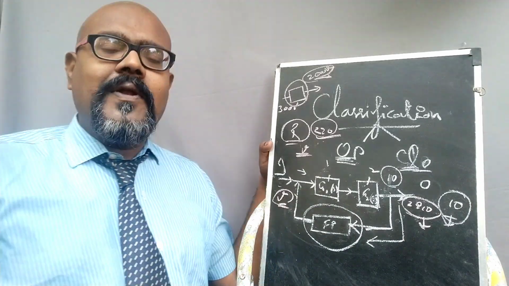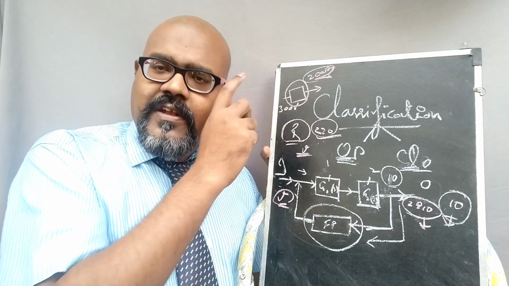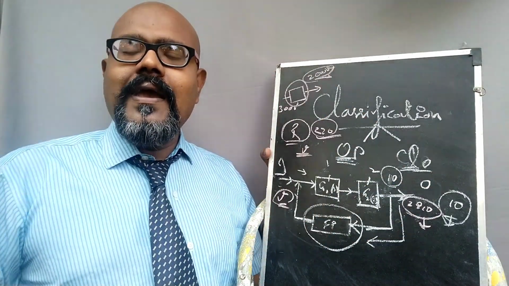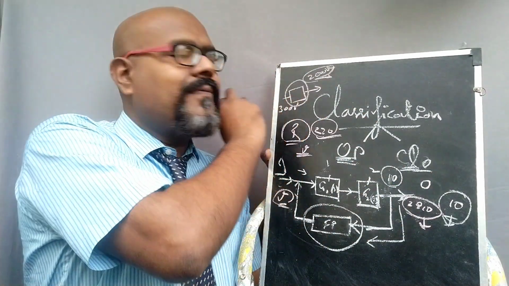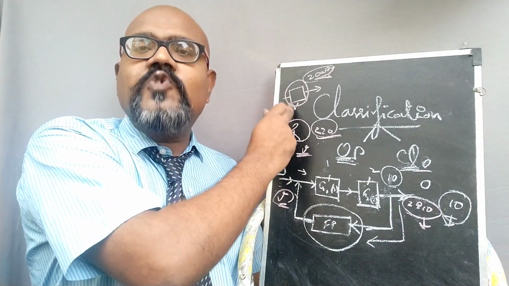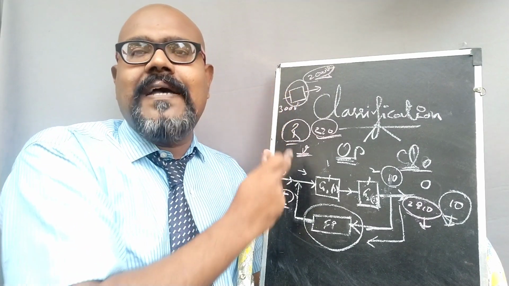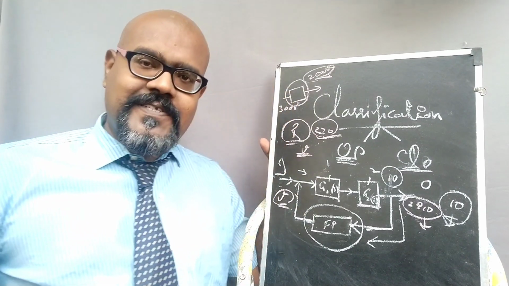So that is the best example. The voltage stabilizer is automatic. It is always giving the stable output. Whatever the input may be, the stable output is given by the voltage stabilizer because of the feedback path present in it. This is the best example we can say for a closed loop system.